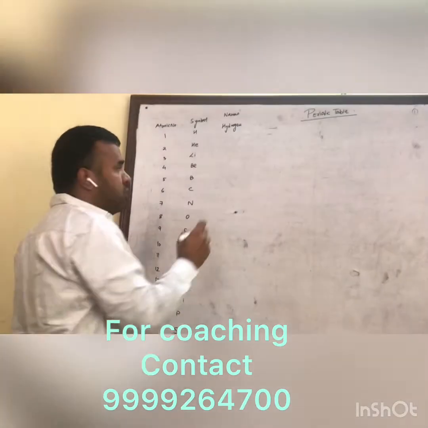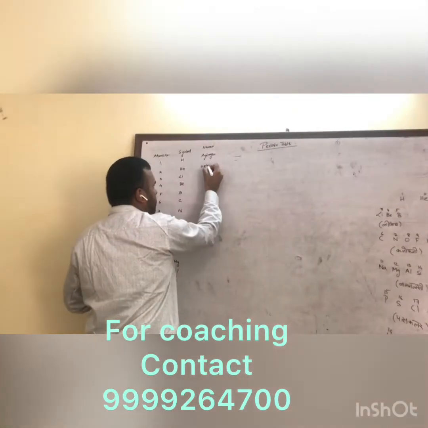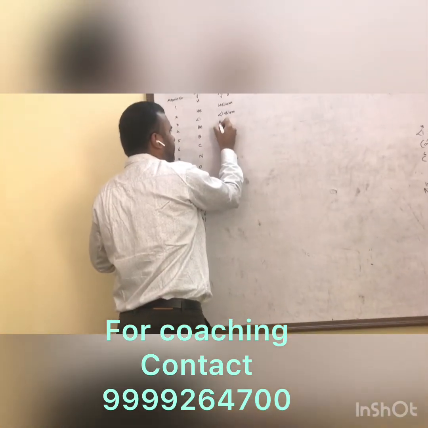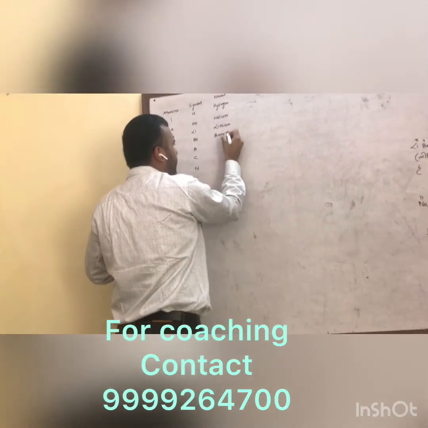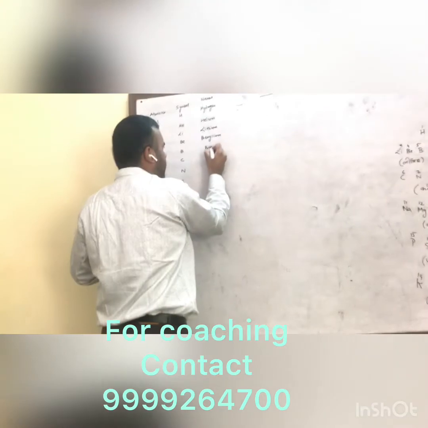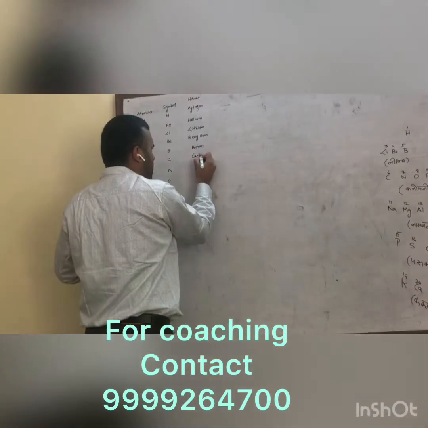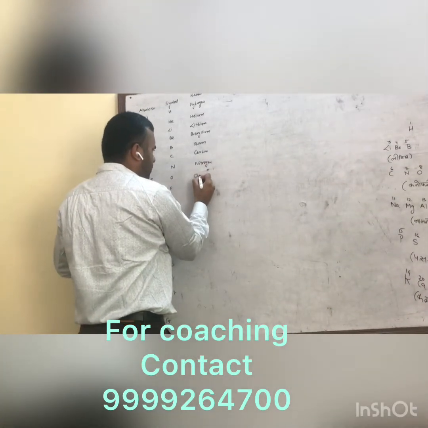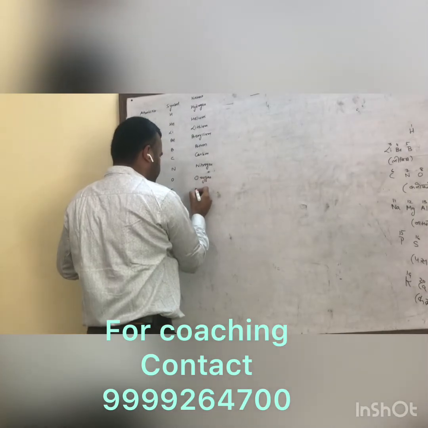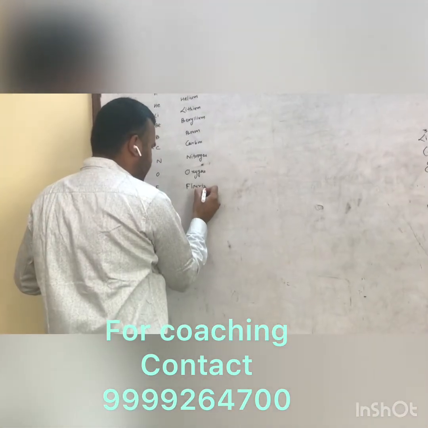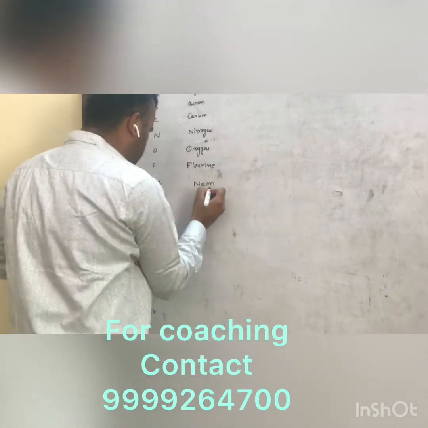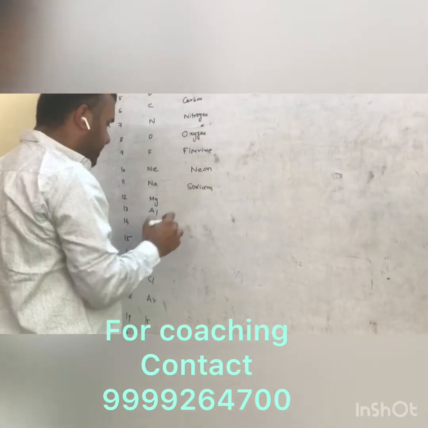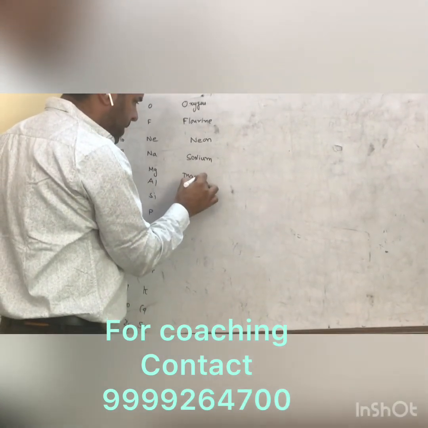Capital H for hydrogen, He for helium, Li for lithium, Be for beryllium, capital B for boron, C for carbon, N for nitrogen, O for oxygen, F for fluorine, Ne for neon, Na taken from natrium, its name is sodium, Mg magnesium,